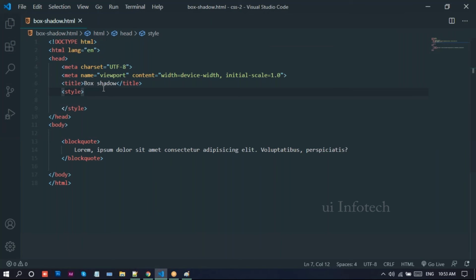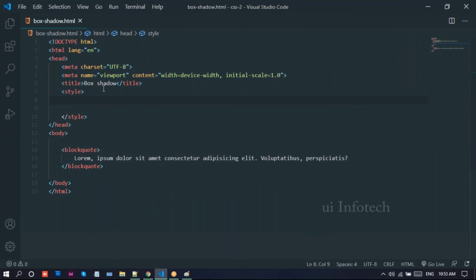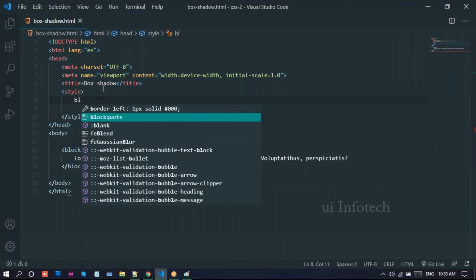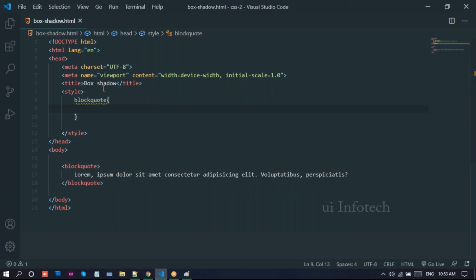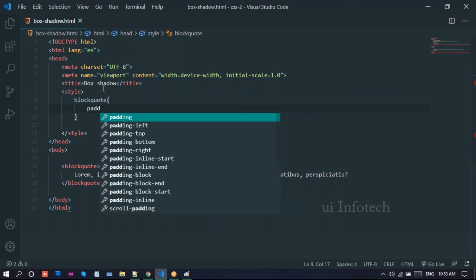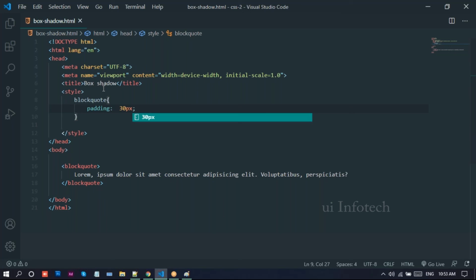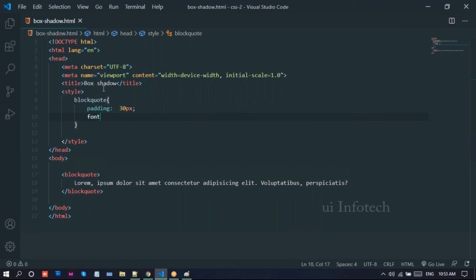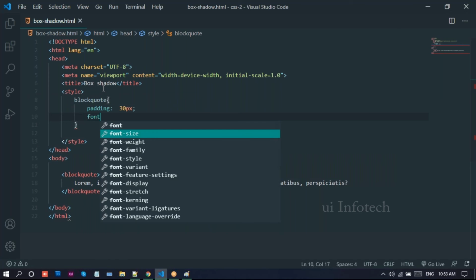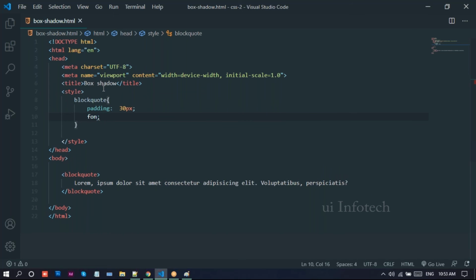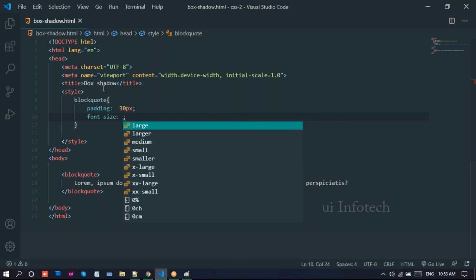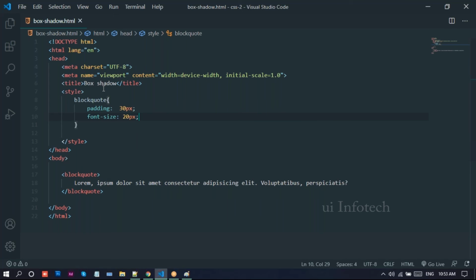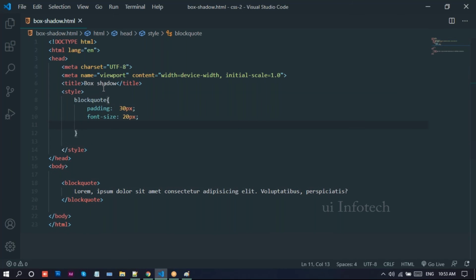For the blockquote, I just apply padding 30 pixels, font size 20 pixels, and we apply the width also.